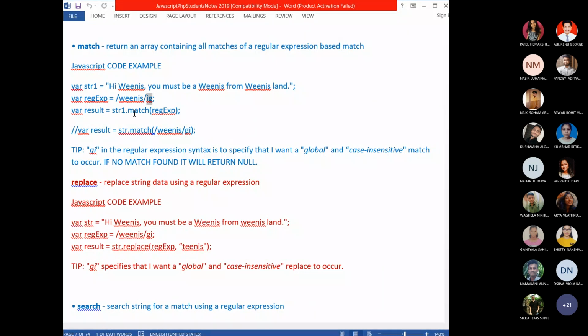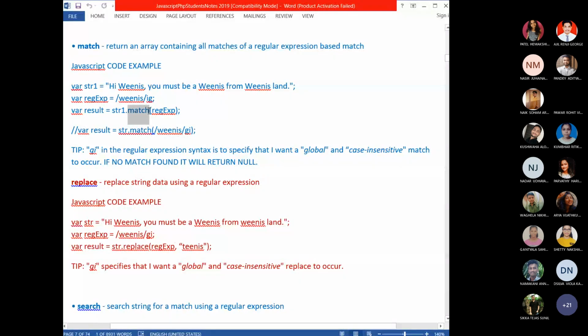When match performs a case sensitive search by default, then this V will be different from this V. It will consider these two as two different words, because by default the match method performs the search based on case.